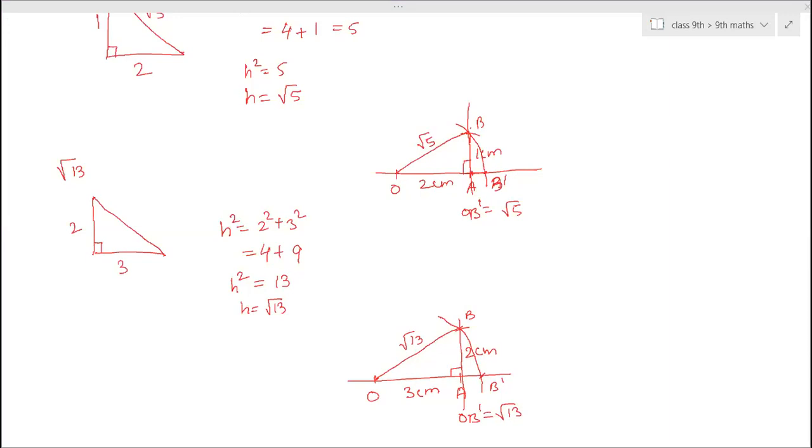Mom, can I do it in spiral? Spiral, then it will go very long, root 13. Mom, I came till root 6. Root 6, root 7, root 8, root 9, root 10, root 11, root 12, root 13. Is it possible? Yes, mom. I can do it faster. Do it. Okay, mom. But in exam, you are not supposed to do root 13 if it is asked. Okay, mom.